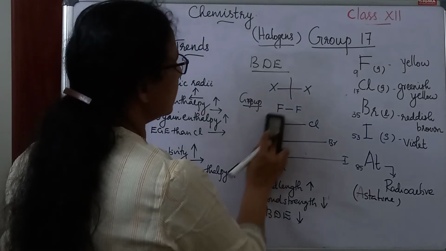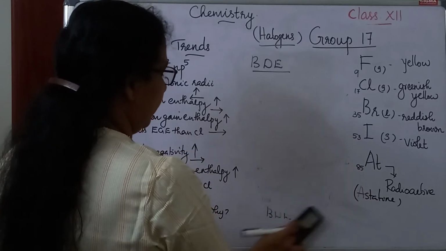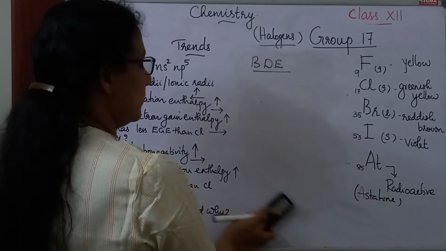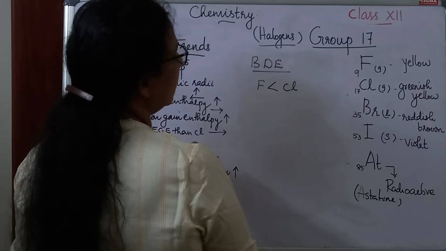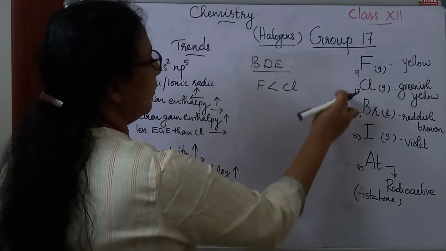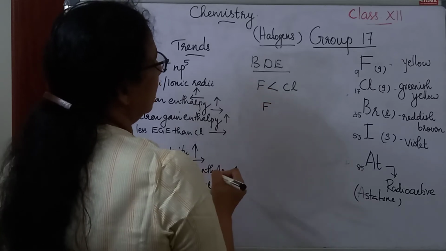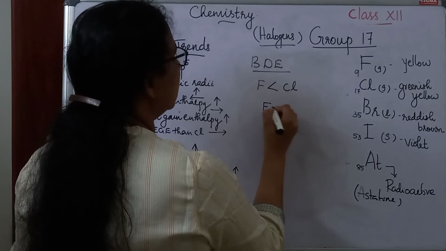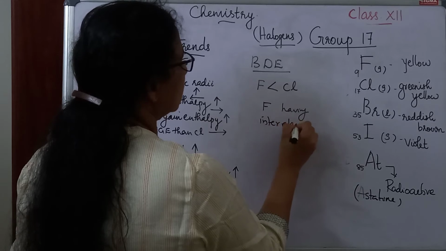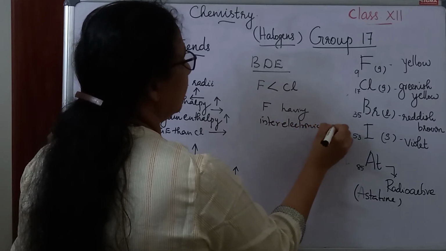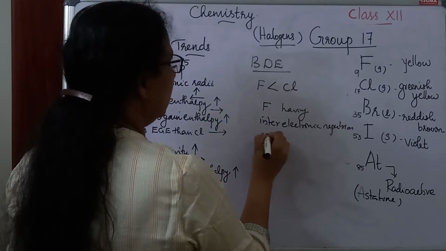But in this case also there is an anomalous behavior with fluorine. That is, fluorine has less bond dissociation enthalpy than chlorine. So the reason is that fluorine again has interelectronic repulsion. So when we are considering the fluorine molecule, actually